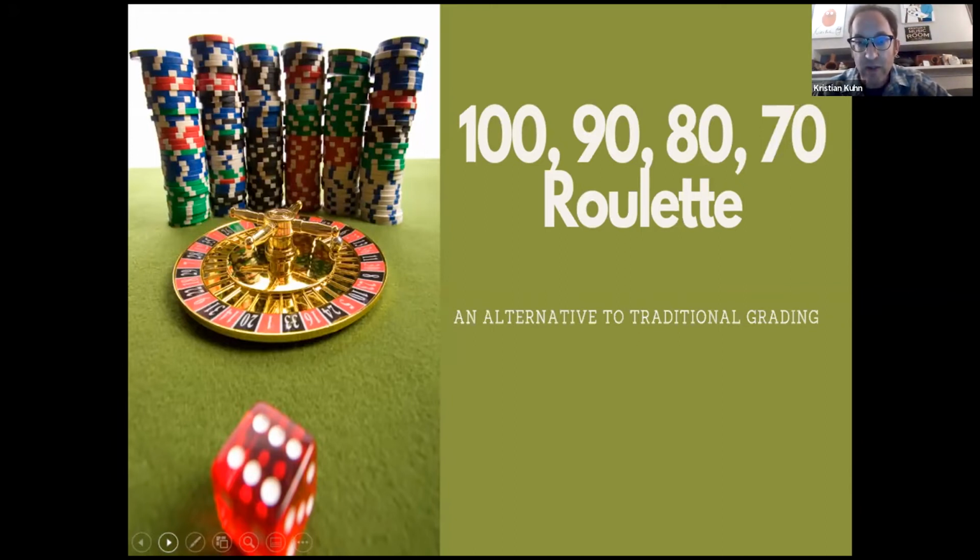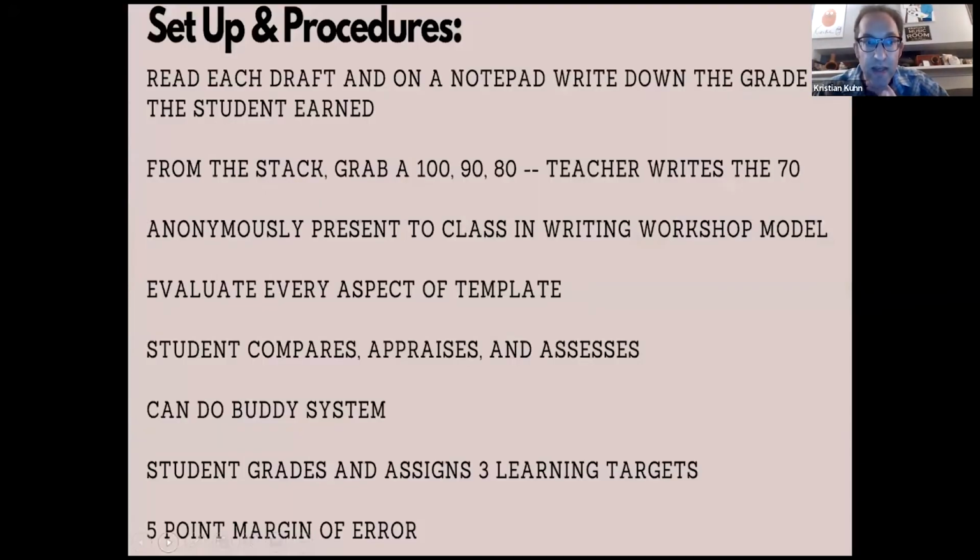And it's always anonymous. You'll realize after you do this that students typically will self-identify during the process. They want feedback, they want criticism, they want to hear from their peers, and they want to hear from me. So I'll plug them into a PowerPoint and we'll project them and go through it like this. We read each draft, and what we'll do is compare the 100, the 90, the 80, and the 70 bit by bit through the template.